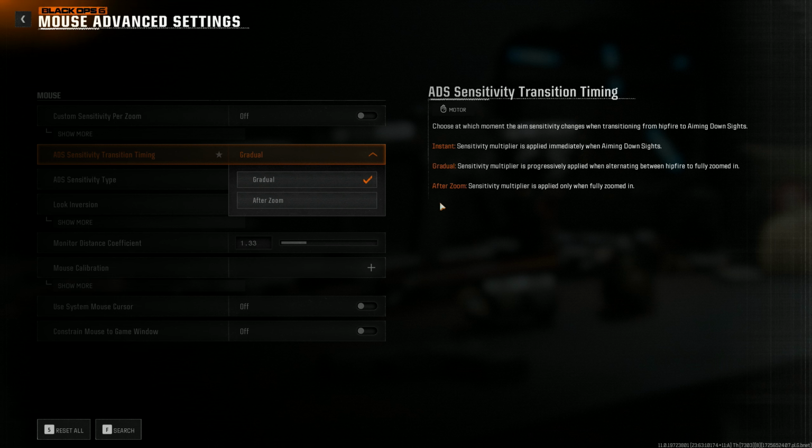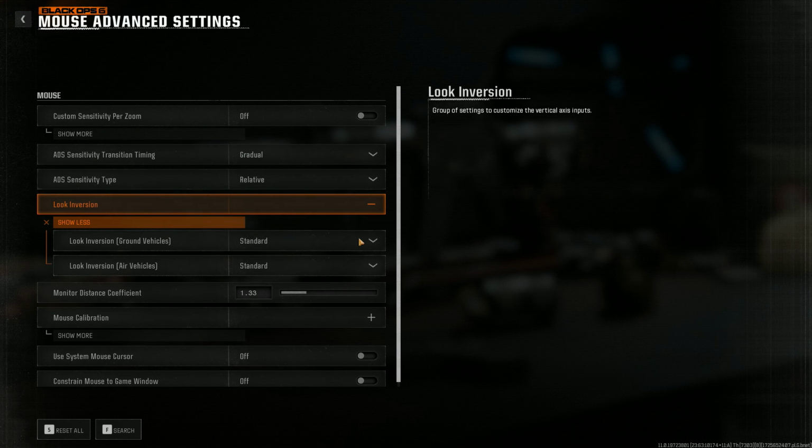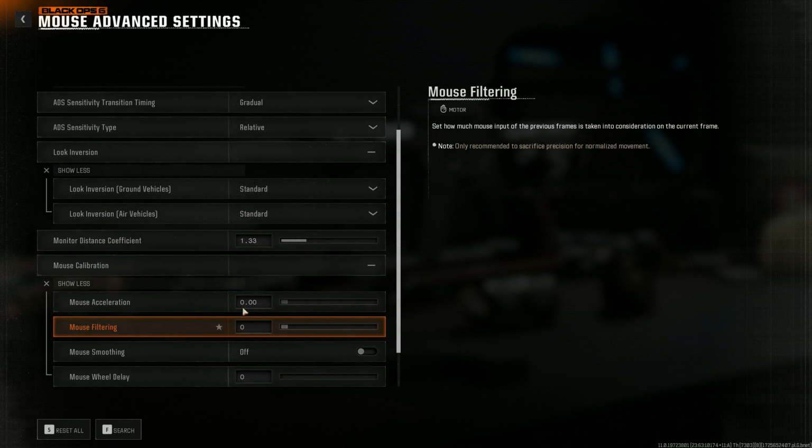He also says it feels very weird for him, but I do have a few buddies that like to use it after zoom, so it is preference to you. I'm just using gradual, so that's what I'm always going to be using. ADS sensitivity type is relative. Monitor distance coefficient set to